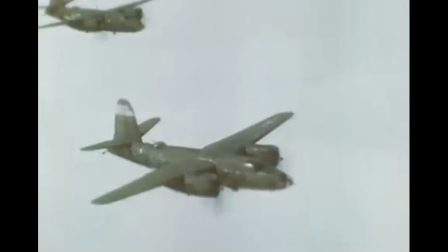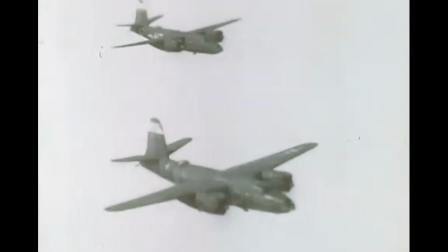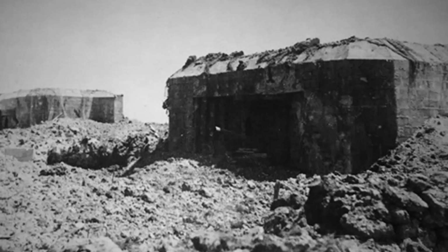2 weeks prior to D-Day, the Holgate Battery was subjected to an attack by B-26 Marauder bombers, which released over 500 tons of bombs in the vicinity of the battery. The attack rendered 2 of the 6 guns inoperable. On the night of the 5th of June, RAF Bomber Command targeted the battery, but caused minimum damage. The original plan for neutralizing the Holgate and Benneville batteries was an amphibious assault, hence the creation of the landing